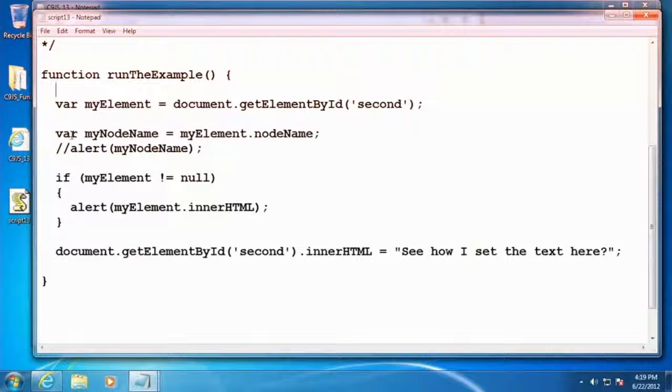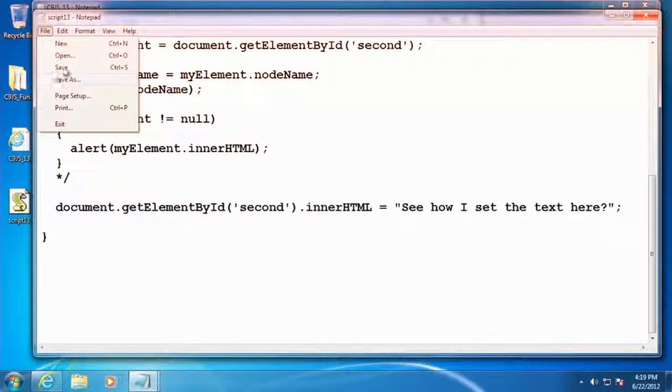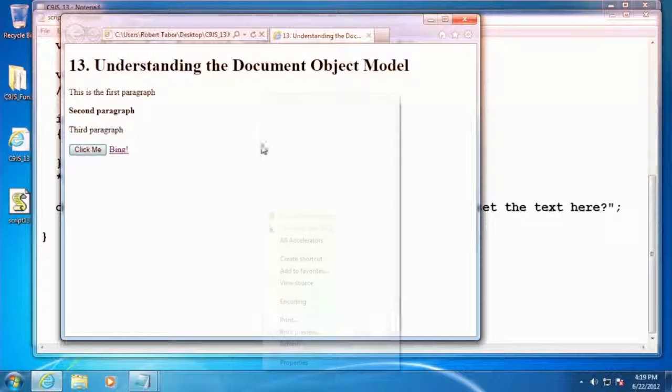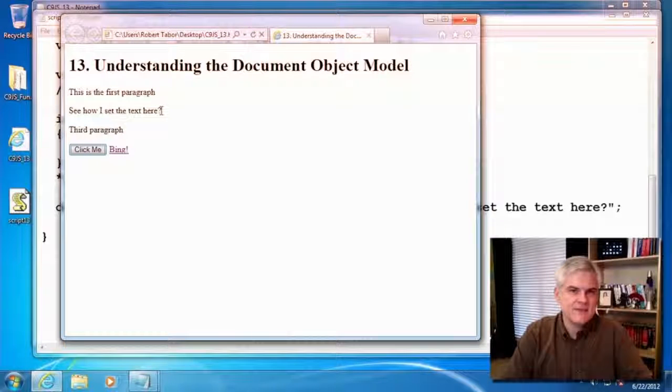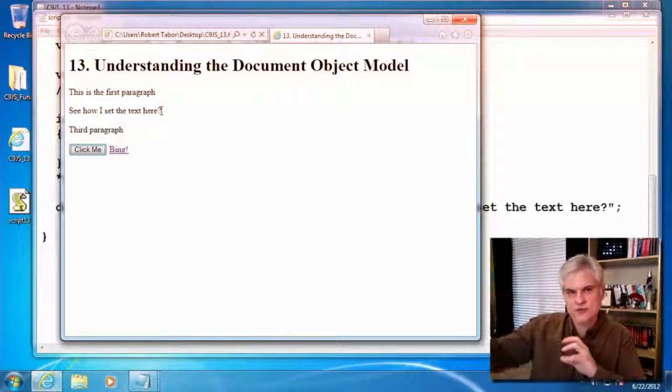But now, let's comment all this out. Let's use it to set content on screen. And you're going to need to watch closely what happens here. So let's refresh this. Now notice it says second paragraph, but I'm going to click the button and it changes to see how I set the text here. So that's what I meant by behavior and by reacting to some DOM events and then using that to trigger the change of the appearance